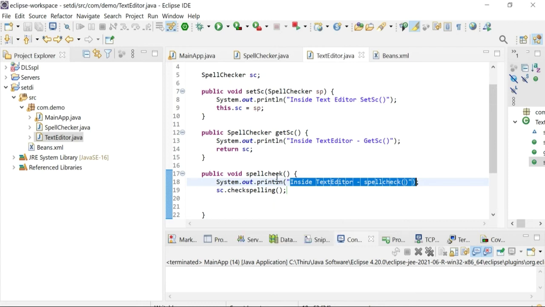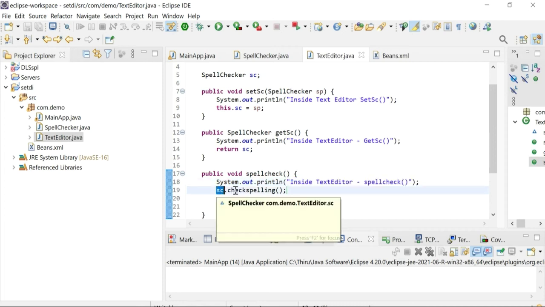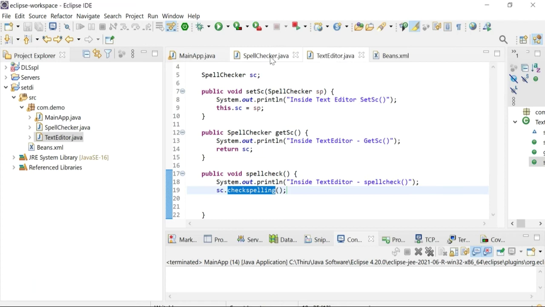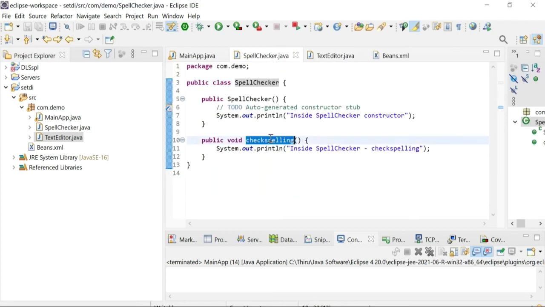This is the text editor class. Here, using the spell checker object, we call the method that exists in the spell checker class, that is check spelling. So go to the spell checker, you can see there is a method check spelling. We just call this method.